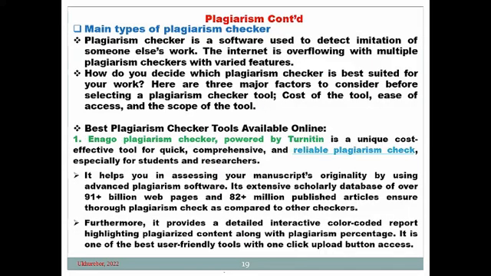Major types of plagiarism checkers. There are now ways you detect plagiarism. These plagiarism checkers are software that are used to detect imitations of someone else's work, and they're actually online. Identify the best one that you have online. You have the Enago plagiarism checker, which is powered by Turnitin, the one all of us call Turnitin. I think they told me we have Turnitin in Open University, which is very good. It's one of the best. And we see the importance of Turnitin there.